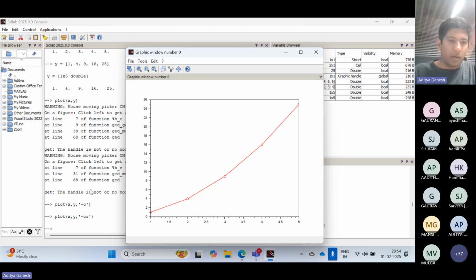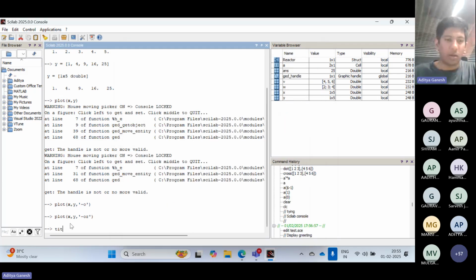So here you can see I've written dash O. Dash O means the lines are connected. Zero is the circle marked out here. R is the red color. So this is how you can type in OG or some other thing. You'll have a list of different types of markers out here, and you can also give other attributes here like